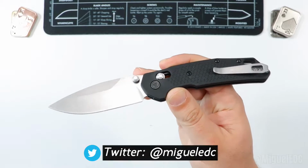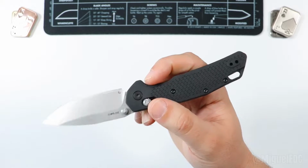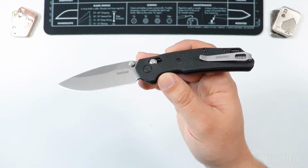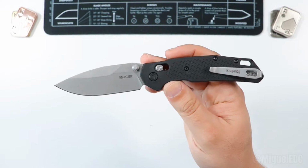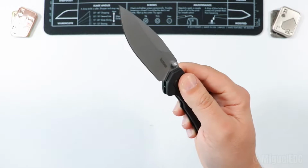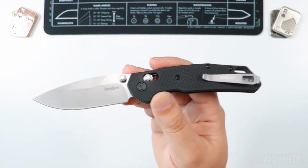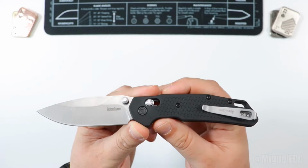Today I have an awesome video for you all. That's right, we're going to be reviewing a knife that we recently unboxed in the channel, and that is the Kershaw Iridium. Just kidding. And that is the Kershaw Heist, right? This guy right here. I've had a chance to EDC this guy for quite some time, about 2 weeks, if not more. And I gotta tell you guys, it's definitely been quite the journey. There's been quite the breaking in period for this guy, and I have quite a little bit of feedback to